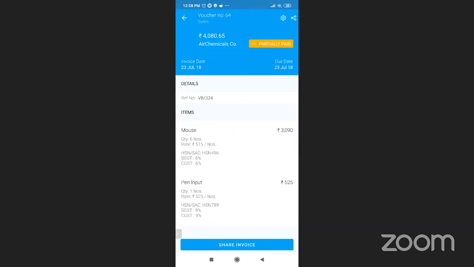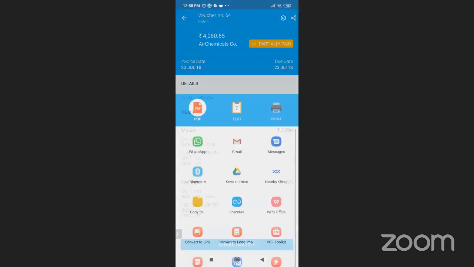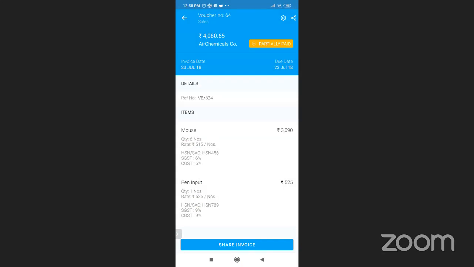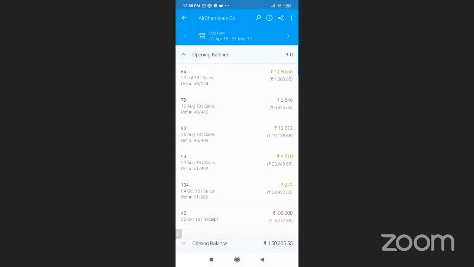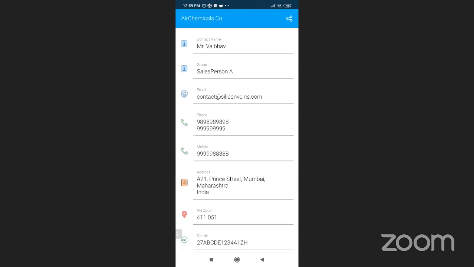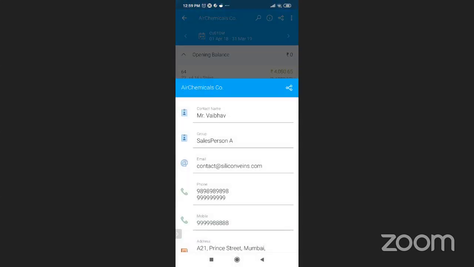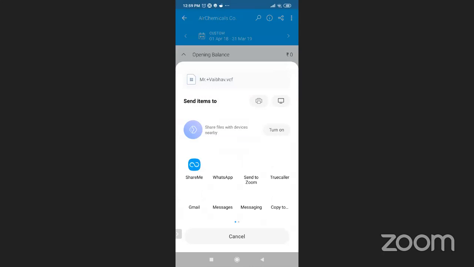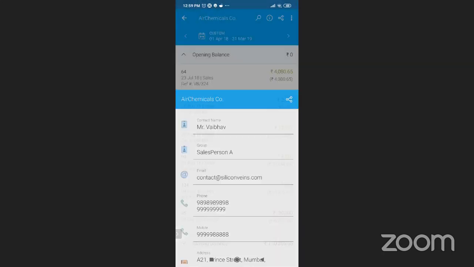Now I know that this is partially paid. All I need to do is click on share invoice to make sure that this is paid on time. Now this can further be filtered down by date. And most importantly, I can view my customer information here. Let's say while viewing the ledger report, you suddenly need more information about your customer, you can simply click on this I icon right next to your customer, and then you can share this data. It's as easy as that.